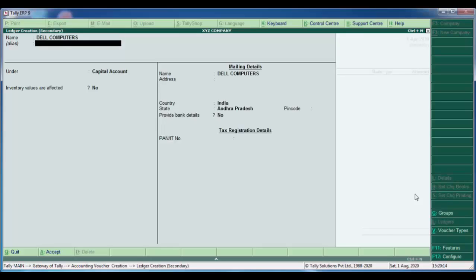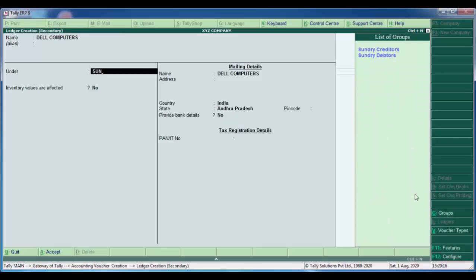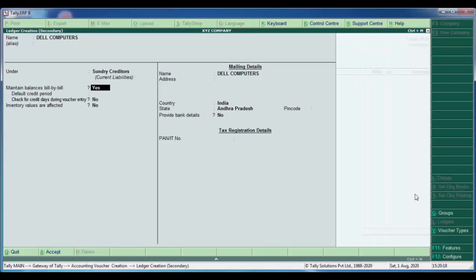For example, Dell Computers is a sundry creditor. Here, maintain balances bill by bill: yes. This option is used for maintaining outstanding amounts, the receivable outstandings or payable outstandings.